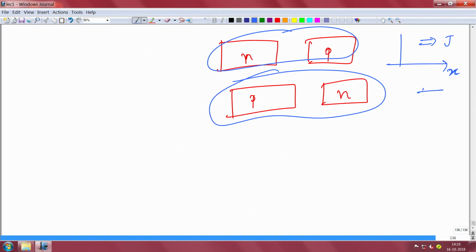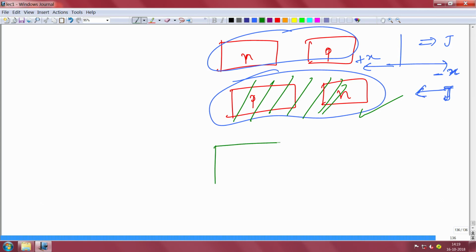If the current is flowing in the negative direction, nothing changes, it's just an orientation difference, but then we have to put a negative sign because it's the negative x direction, or we have to define this as positive x and this as negative x, which becomes a little strange. So there's no physical difference at all, but to make things simpler, we'll go with this particular configuration, because then the current will basically be flowing to the right, which makes more sense. So I'll take a p-type material and I join it with an n-type material here.